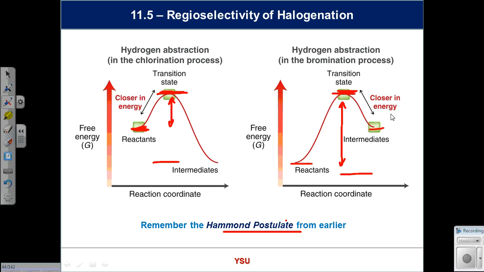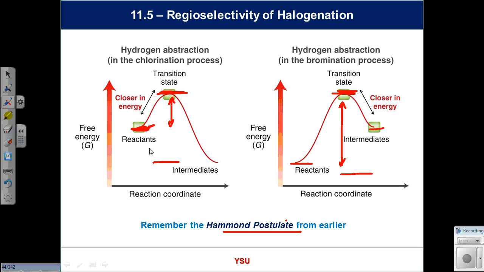radical intermediates. So on the left-hand side, this reaction is happening, and you really don't sense the nature of the radical as much as you do on the right, because the transition state looks more like the starting materials. You're developing some radical in that transition state on the carbon, but not to the extent you do in the bromine. And let's think about this as well. Your chlorine can attack and it can back off. The bromine can attack and it can back off. You've got this sort of idea of going up and down these hills and trying to find maybe the best